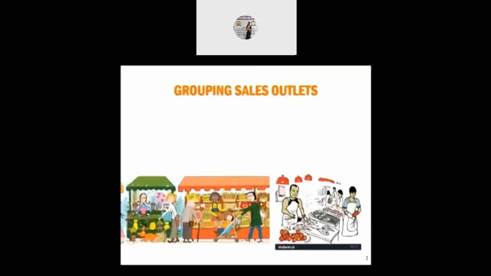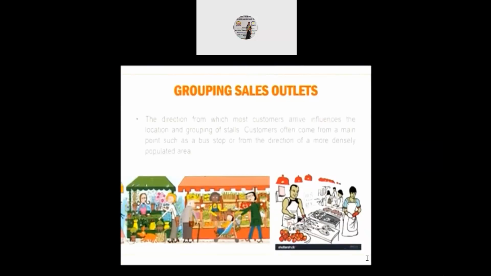So we must list down the different activities and the different patterns of sales that are going to happen within the market, and we need to design in such a way that all these are grouped together and not located haphazardly, so that people don't just come in, buy what they want, and get out. It has to pull the crowd till the end of the market, so they get to see everything that is available, all the facilities and all the products, and then they can buy what they want, so that it is maximally beneficial for the sellers as well as for the users.